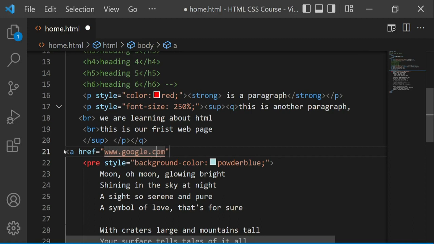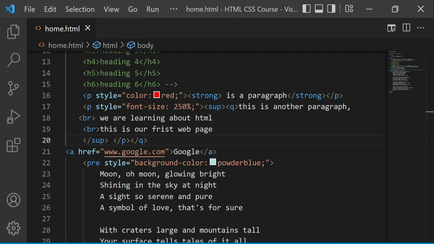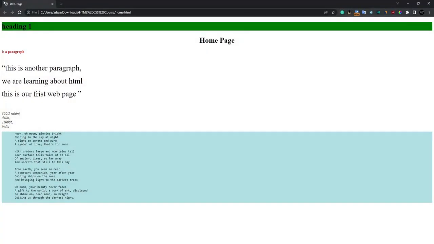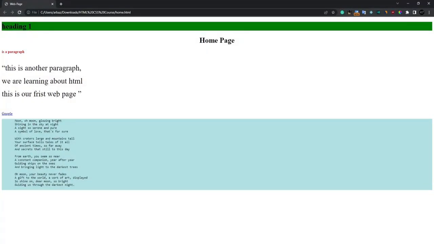And after adding this, we will just close this tag from here, and you can see it has automatically closed the A tag for us. And we will type here Google. If I save the code, go back to our web browser and refresh the page, over there we will be able to see the link. So you can see this is a link that we have created, and if I click on it, it will be redirecting the user to the